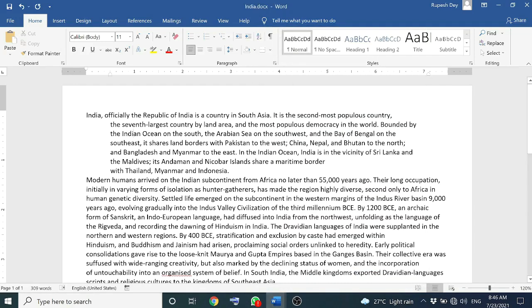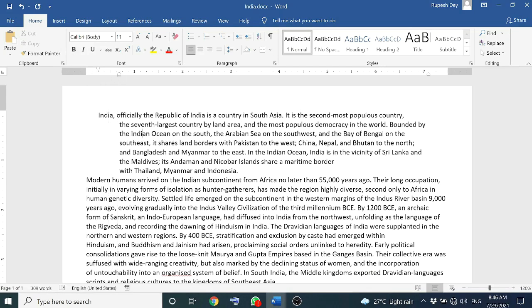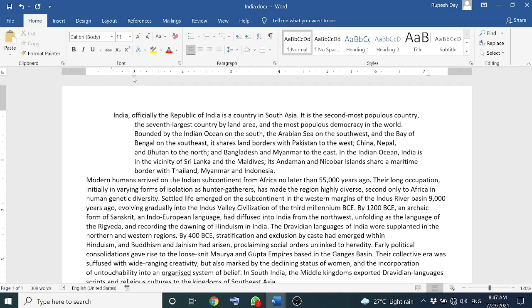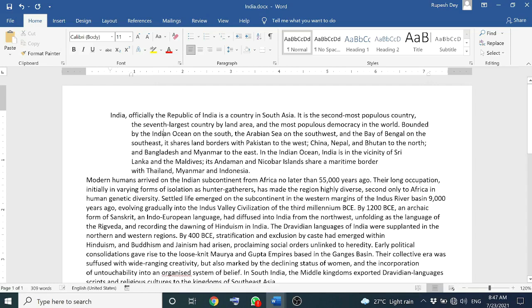Another way also we can change the indentation is by using this indent tab. This is the first line indent, and drag it and find the position where to keep it according to your requirements. This one is hanging, and at the bottom of this hanging tab, this rectangular one is the left indent. You just keep the cursor, a tooltip will appear which will tell you what type of indent you are on. Now using this left indent, when you drag, both the first line and hanging indent will move with this left indent, because left indent is for the full paragraph's indent, and this is the right indent tab.